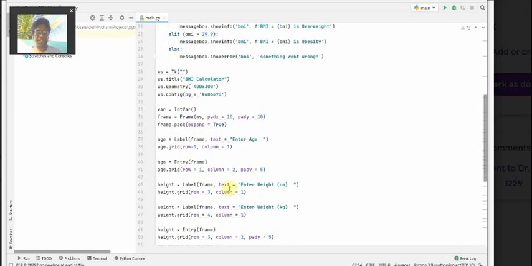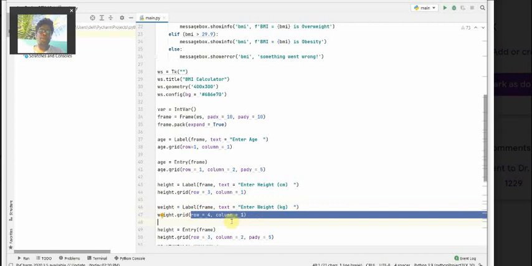Now we are going to see the height, which is a label with text enter the height in centimeters. It shows at row 3 and column 1, and the weight label is shown with kgs, and it shows at row 4 and column 1.